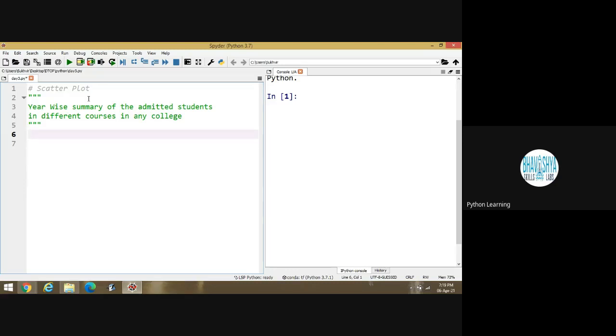Suppose I have to display it. First of all, I have to write import matplotlib.pyplot as plt. This one is the basic criteria to design with graphical content. After this, what do I have to write? I have to write